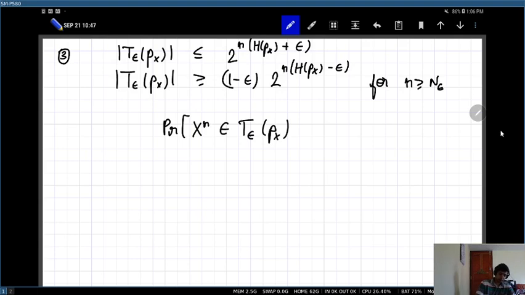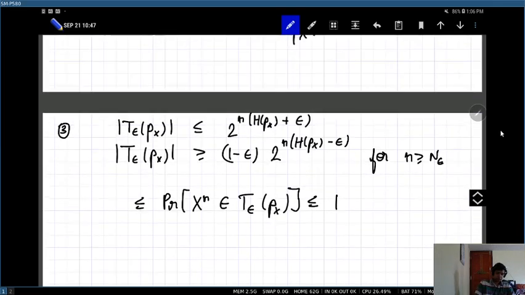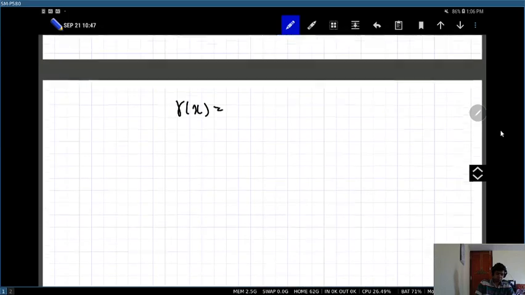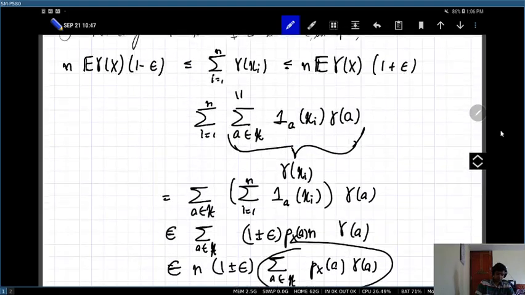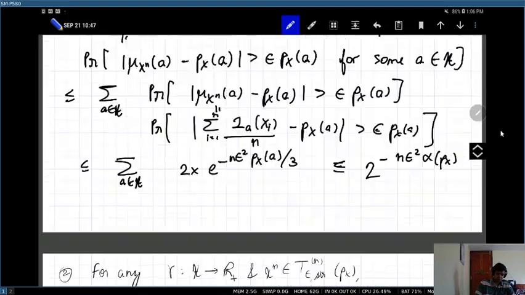So this is a strongly typical set, but I won't write the strong subscript and n everywhere, just for ease of notation. So the probability that x^n is in the strongly typical set is always less than or equal to 1, because after all it's a probability, right? But we can also get a lower bound. So note that from property 1,